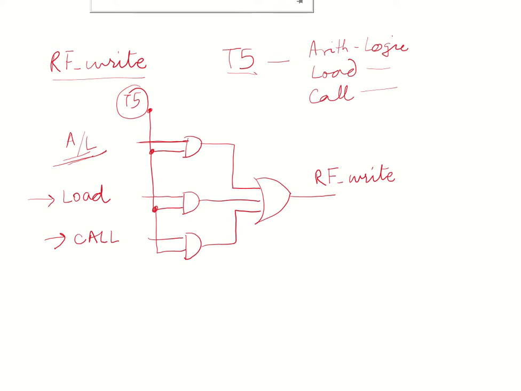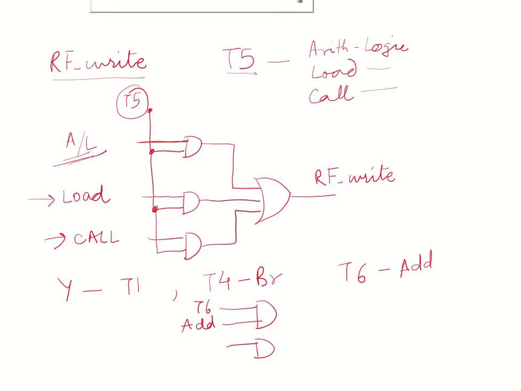Suppose there was a signal Y which has to be generated always in T1 stage, or in T4 stage when it is a branch instruction, and in T6 stage if it was an add instruction. So again we can have this T6 stage and add. So I have T6 over here and add